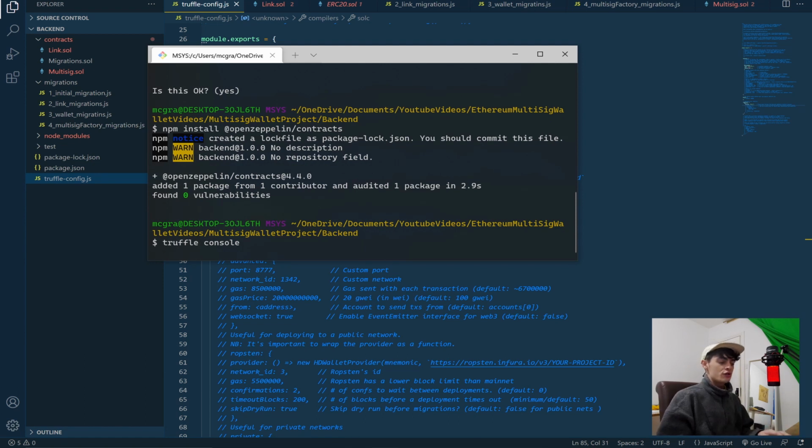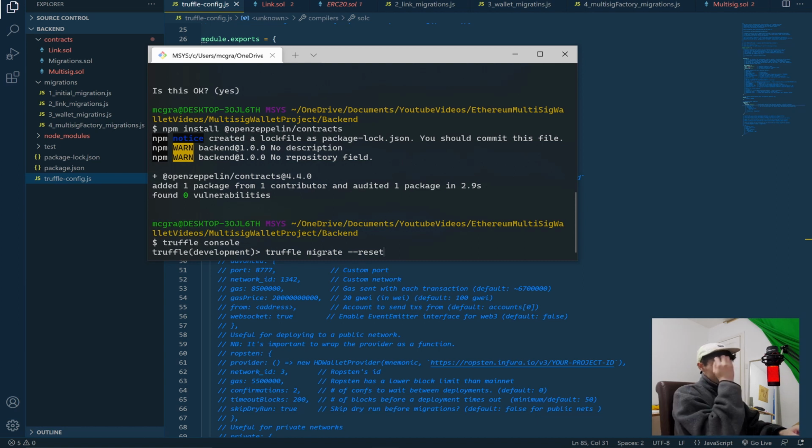This will initialize a connection to that Ganache instance that we've created, and you'll know you're in it successfully when this comes up. So in order to deploy your contract, you can try truffle migrate and then type --reset. The first time you deploy, you can just type truffle migrate, but I always use the reset flag, because